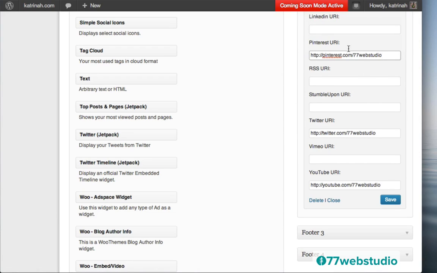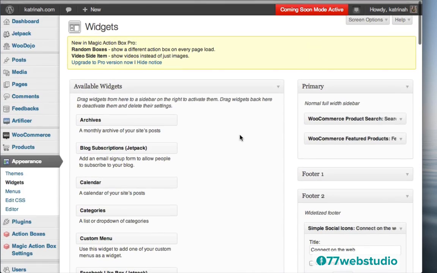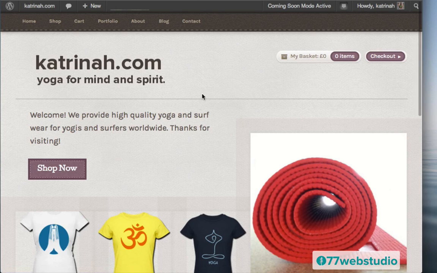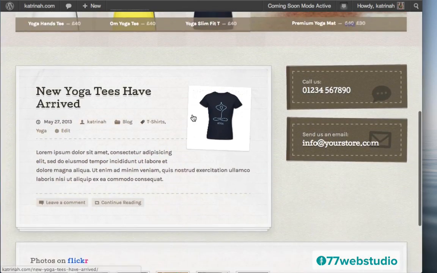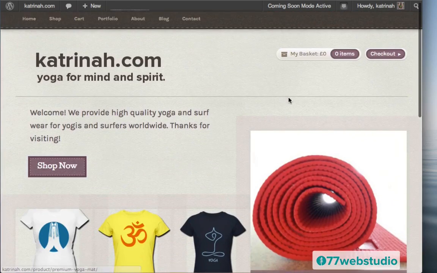Okay, so I'll just add 3 at the moment, and then you want to click on Save to save these settings. Once the Simple Social Icon settings have been saved, let's go take a look at the website by going up to the top and clicking on Visit Site. So here we're on our home page, and we have everything set up, although it looks like the footer area needs to be configured right here, but we do have all the other sections look pretty good.